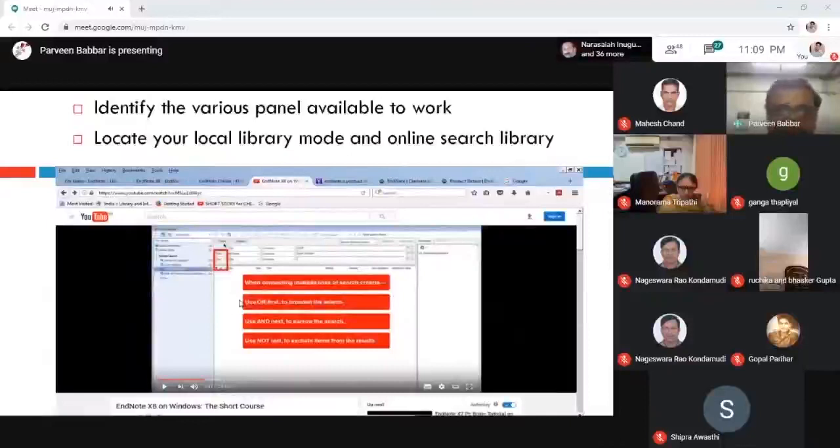It can also identify the various panels available to us. As you can see in my slide, there are red marks. When you start any work with the library, first you have to search. So there is a search box in the middle panel. You can use multiple lines in the search box, like multiple parameters while searching, so that specific results can be retrieved for you.